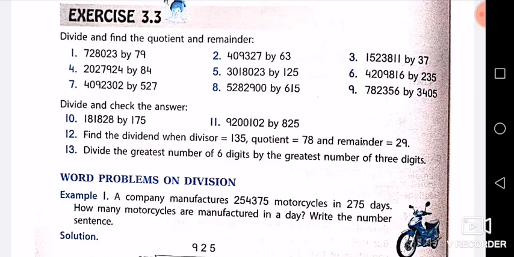Fine. So I have done the example, and in exercise 3.3 I have done question number 1 and 2, and we have done the introduction of division also. All the terms also we have done today. You will revise all these terms. You will do questions 1 and 2, and for you 3 and 4 is your homework. Question number 3 and 4 is your homework, that you are supposed to do in your copy